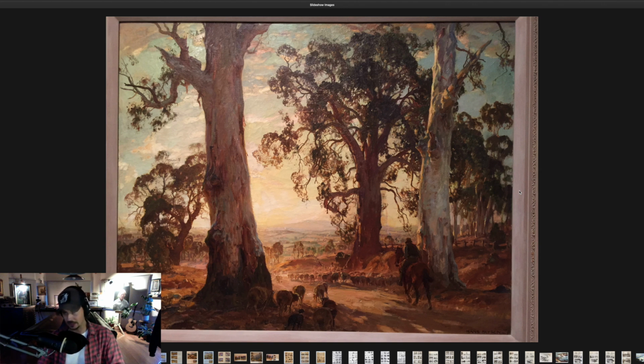As far as I know I'm making a huge claim there, but come on, it's Hans Heysen. You know, Australia produced some incredible artists like Arthur Streeton, Frederick McCubbin, Tom Roberts, Sidney Long. The list goes on. And those are some of my favorites. And George Lambert, let's not forget George Lambert. Here, Hans Heysen was just amazing for his landscapes, his outback Australian landscapes, his epic paintings of red river gums,